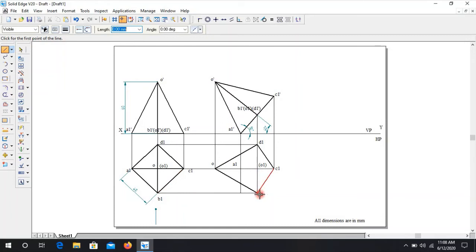I will start with point B1. I am having only 2 lines from B1. Identify which are the 3 lines. To identify which are the 3 lines, you can refer to this first diagram. That's 1 line from A1 to D1, 1 from A1 to B1. I'm considering point B1 here, so I will start with B1. There is 1 line from B1 to A1, 1 from B1 to C1, and the last will be from B1 to O. Remember, not from B1 to O1. There should be a line from B1 to O because O is the apex. There is a line from B1 to O.